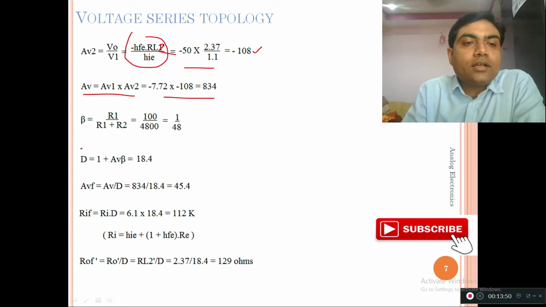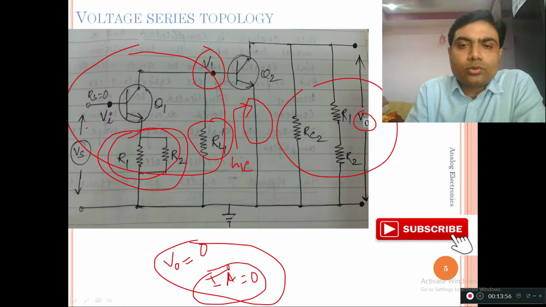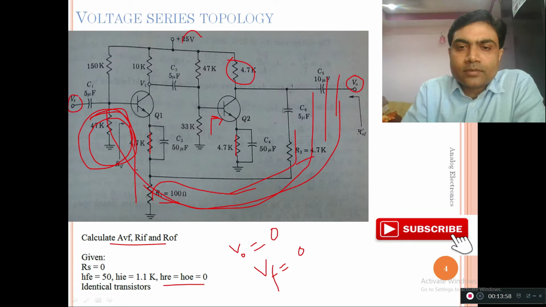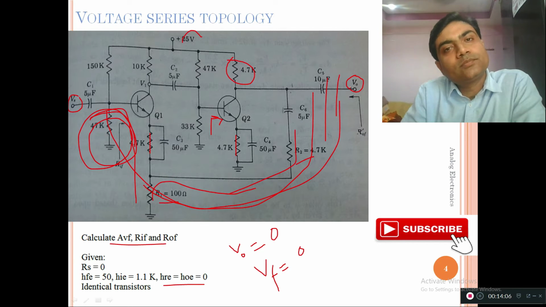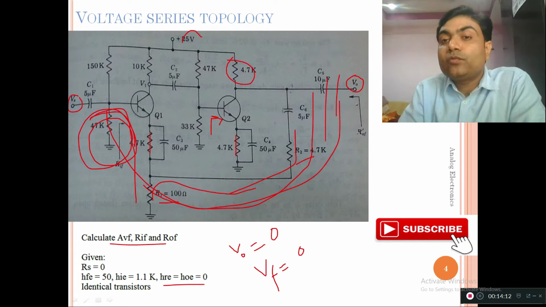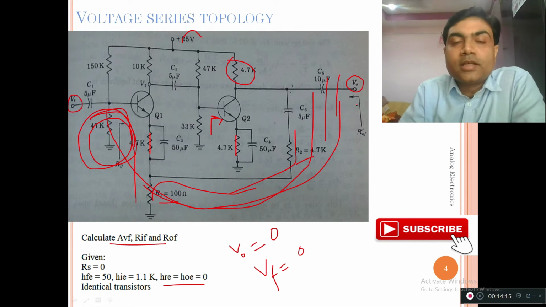And now we are interested in calculating the value of the beta. So how can we calculate the value of the beta? Let us go through this particular slide. This is the feedback factor which is present over here. So we are interested in calculation of VF in terms of V naught. This is nothing but the voltage division. So how can we determine that? Just by applying the voltage division rule.